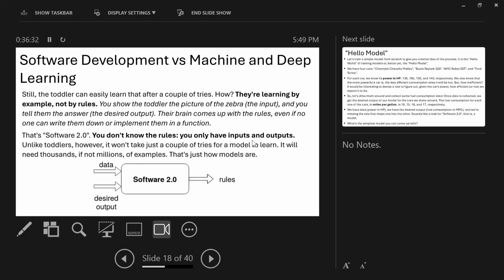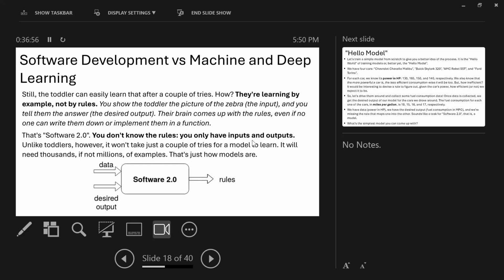That's the difference between traditional programming and machine learning. In traditional programming, you have the data and the rules, which are the equation, and it produces the output. But in machine learning, you have the data and the output. You show the machine the output.